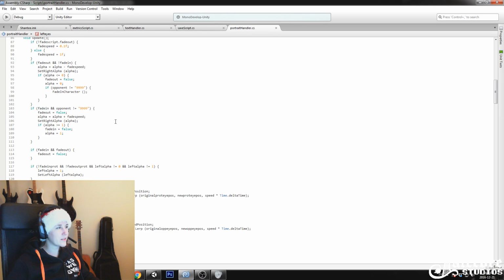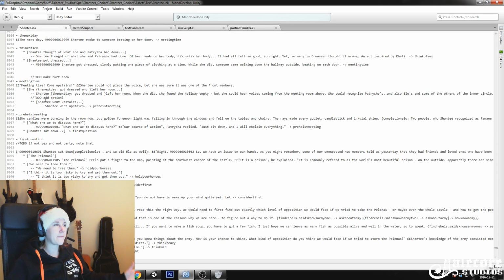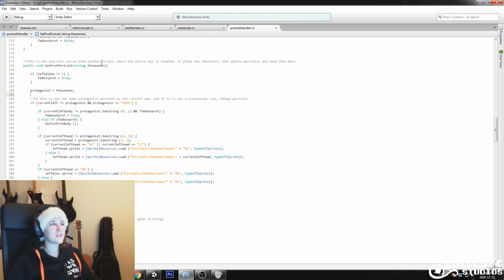But for example, here I have the portrait handler. So the portrait handler gets, well, it's actually a string, even though it's numbers, integers. They get it as strings because of the way it's sent from this inc file through the text handler into the portrait handler. So it's still a string because it interprets it as a string. At one point I'm parsing it to an int just to see if something is bigger than this, but it actually doesn't matter, because what I'm doing is basically, okay, what is this string?